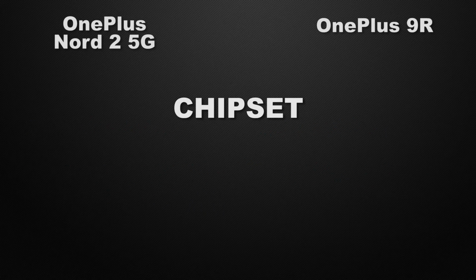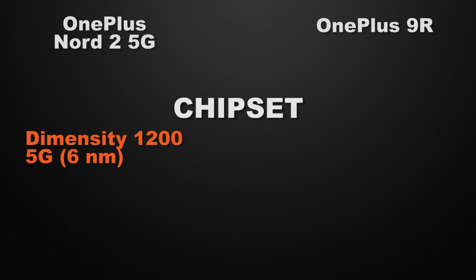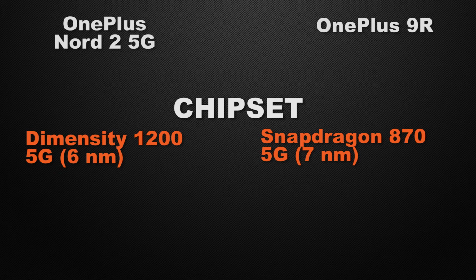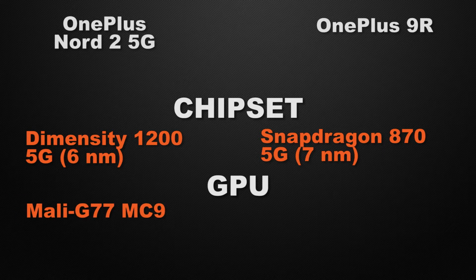Let's talk about the processor of the devices. Nord 2 is powered by Dimensity 1200 5G based on 6nm processor, whereas 9R is powered by Snapdragon 870 5G based on 7nm processor. So the winner here is 9R because it has a much faster processor which can give you more processing speed. And about the GPU of the devices, Nord 2 is spec'd with Mali G77 whereas 9R is spec'd with Adreno 650. So again the winner here is 9R because it has a much faster GPU which can give you more FPS